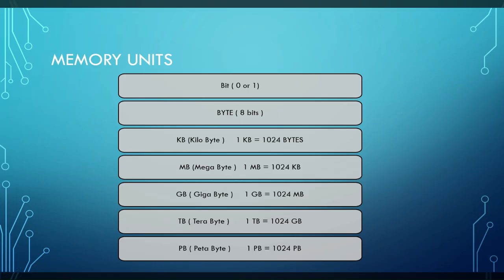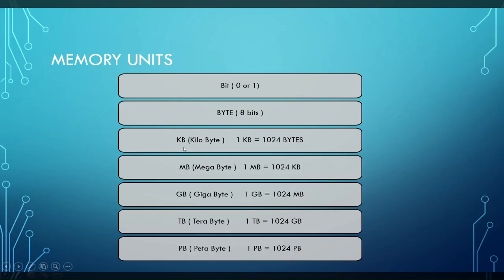Similarly, in computer also, we need a system to define how the information is stored. So the basic is bit, that is 0 or 1, as any information in the computer system is stored in the form of 0 or 1. So bit is the smallest unit of a computer system. Next we have byte. A group of 8 bits form a byte.